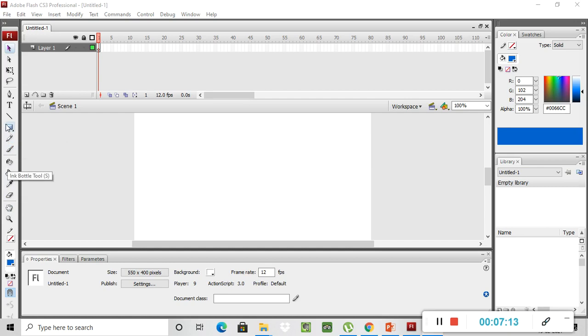These all are tools. Then this is your hand tool and this is your zoom tool. You can see this hand tool and zoom tool. These are your view tools. You can view from these two tools.